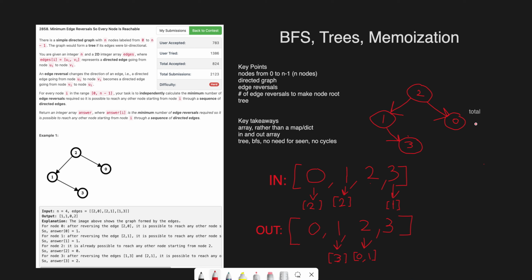So I guess we can run through an example here. You start at node 0, there aren't any outs, so you have to go to the in, which is 2, and you have to increment the total by 1. And then your recursive BFS goes to node 2. Keep track of 0 as the previous node. Do not go to this one when you're incrementing out. Instead, go to 1, since that's the only other node. And then from 1, do not go back to 2. Instead, go to 3, since that's the only other one out. And 3 has nothing left, so you return